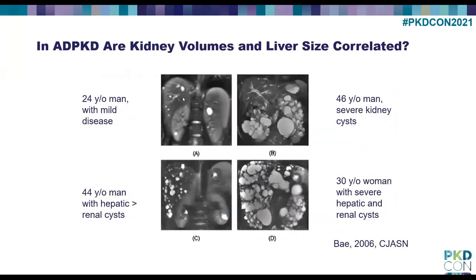And so here I'm just showing you some representative images. These are MRIs. And if you haven't seen a lot of these, the bright circles are the cysts. So what we're looking at here is a liver image, and then this is the kidney. So that's one kidney, this is the other kidney. And this person has mild disease, so a few cysts in the liver, a few cysts in the kidney, but otherwise relatively preserved both organs. This person has severe kidney disease. You can see a lot of cysts in the kidneys, but the liver looks pretty good. There aren't a lot of cysts there.